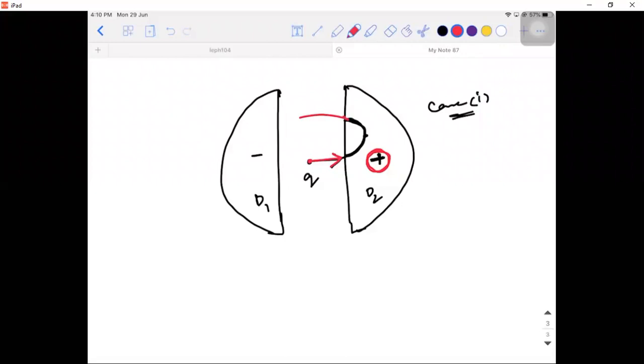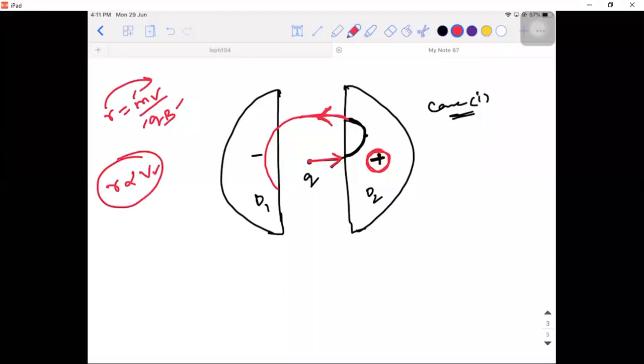Once it increases, again the magnetic field is perpendicular to this velocity also. So what will happen to the particle? It will try to take another turn, but this time with a slightly greater radius. Why is that? Because R is equal to mv divided by qB, so R is directly proportional to V. The mass of the particle is the same, the charge is the same, and the magnetic field is uniform. So how did you increase V? You increase the velocity by increasing the electrostatic force.